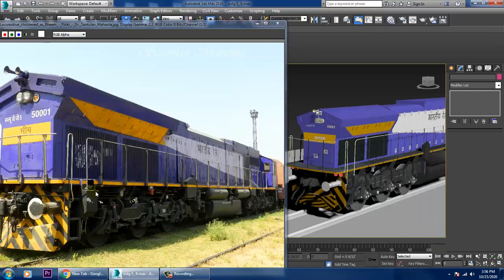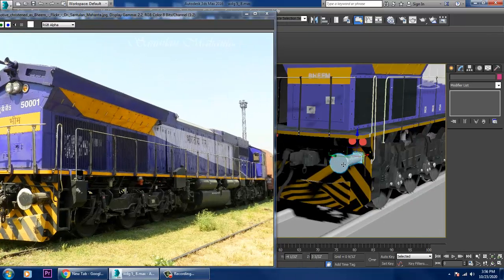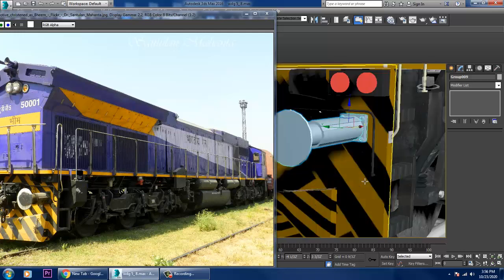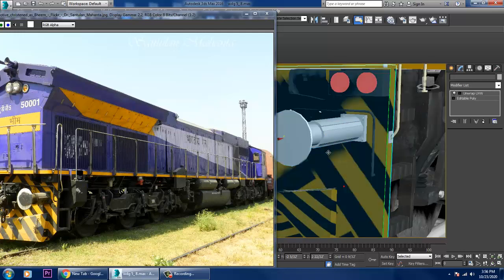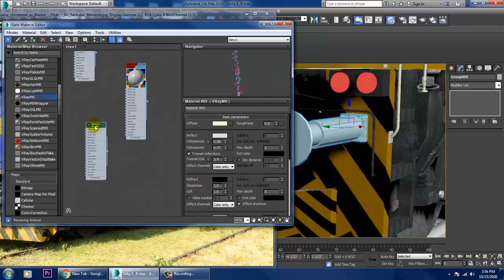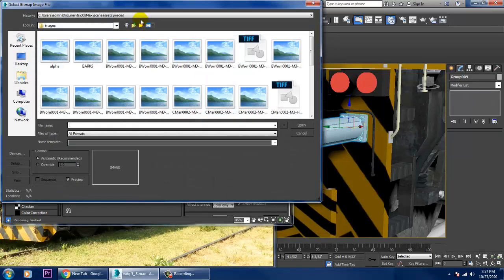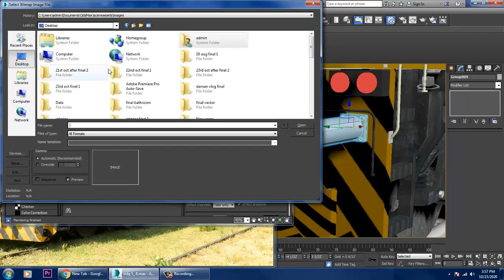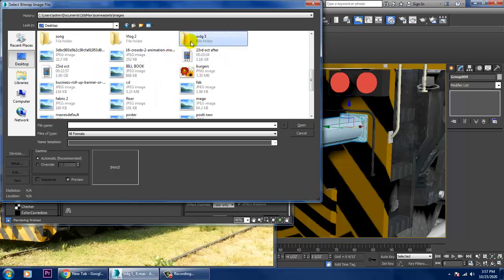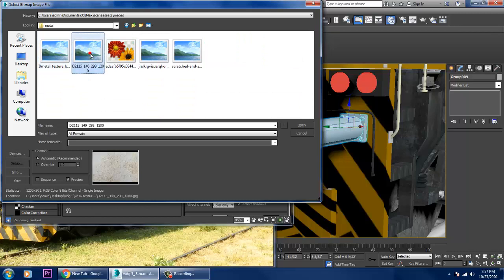So now, if you're done with this, if you want, you can definitely unwrap this part. So for this, I'll be taking some another material over here. Let's again take a V-Ray material, diffuse bitmap, and into that only folder, that's your WDG5 texture metal. So you can just combine the metals also.